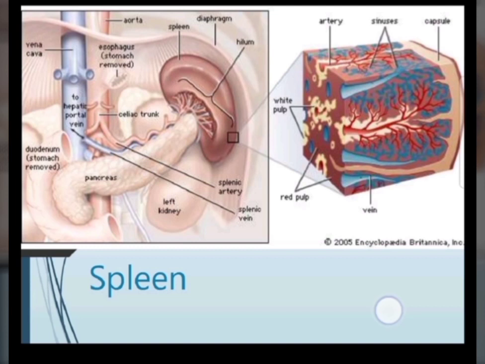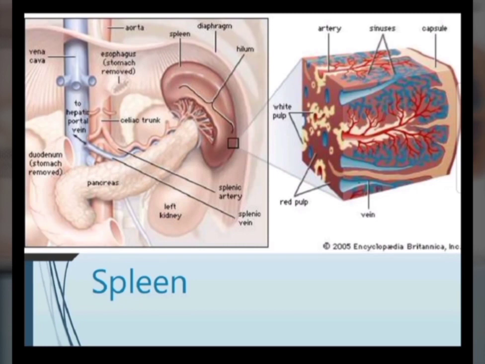So blood is filtered, blood is passing through the sinusoids of the spleen instead of the lymph. As we have seen, the lymph node has lymphatic sinuses in which the lymph is percolating and circulating, and lymph is being filtered in the lymph node. But in the spleen, the major function is the filtration of the blood. The spleen is the size of the fist of a normal human being and lies in the left hypochondrium.